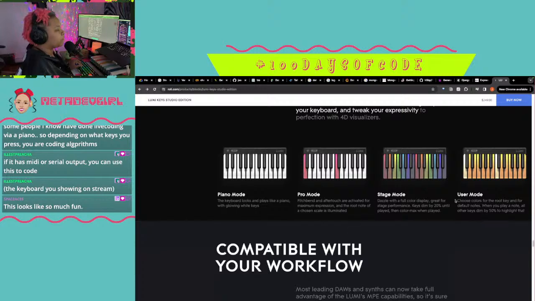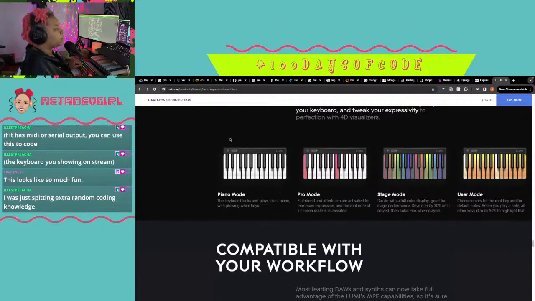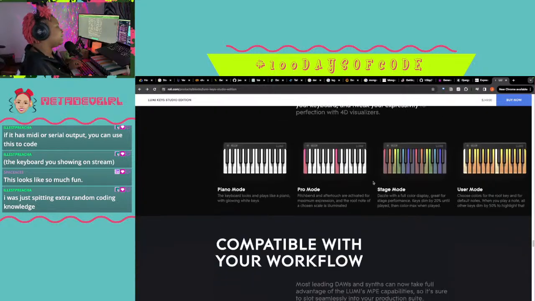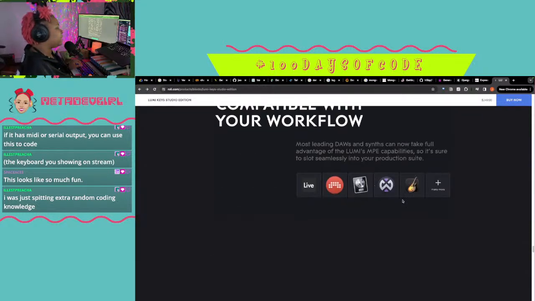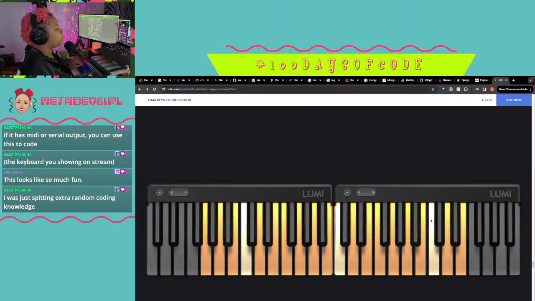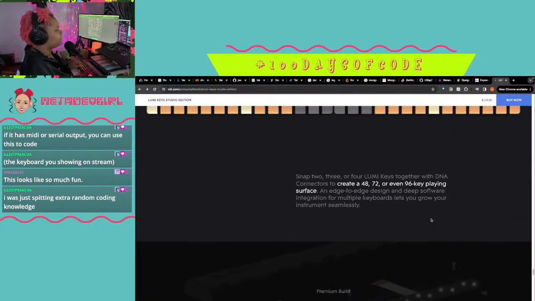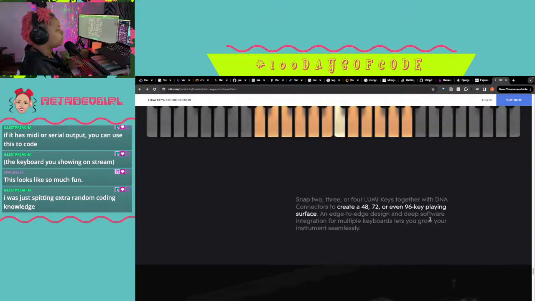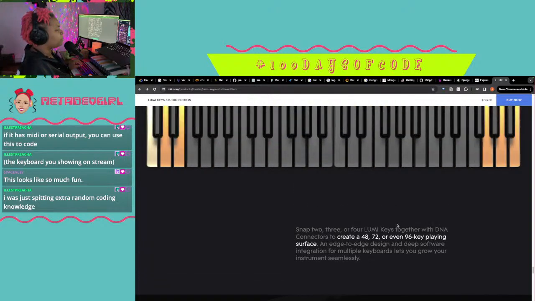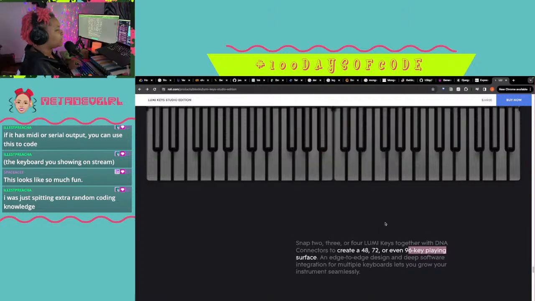So I have my keyboard. Originally I got the Lumi Keys because they have a learning software to help you learn how to play. But you can snap together, I think, up to 4 of them. Maybe more, because they say you can do 96 keys.